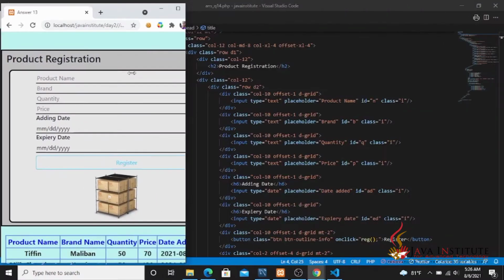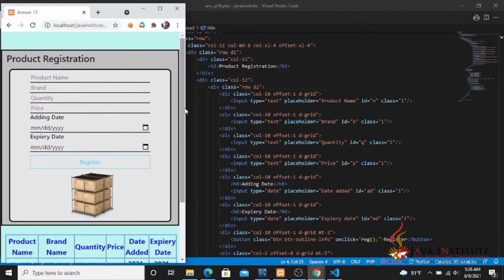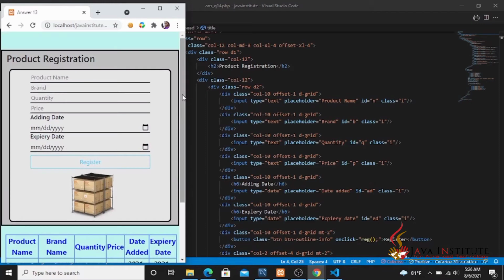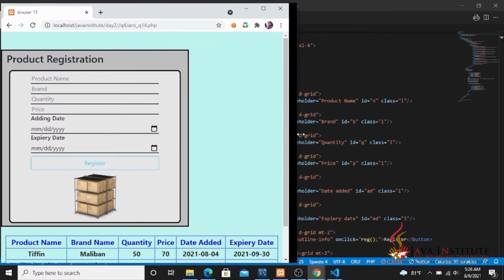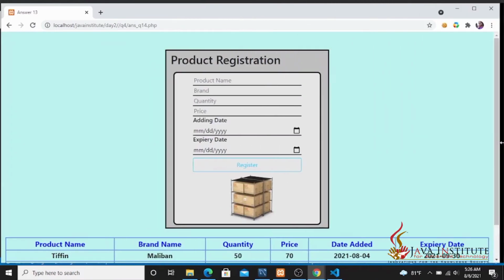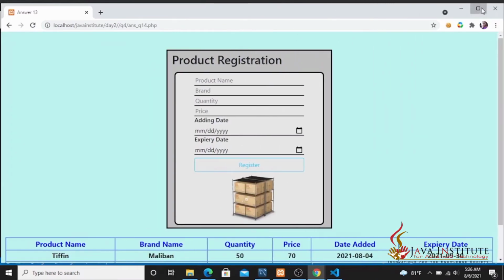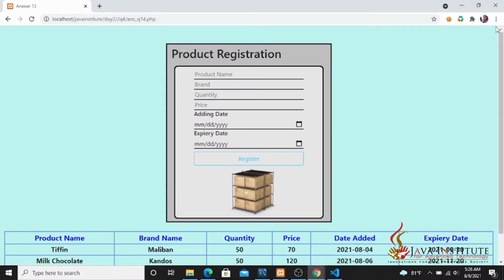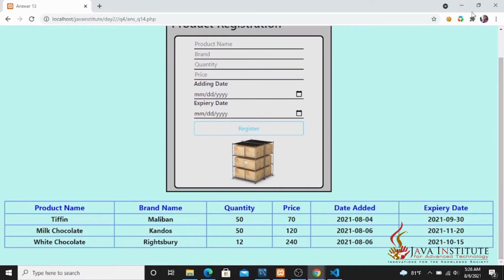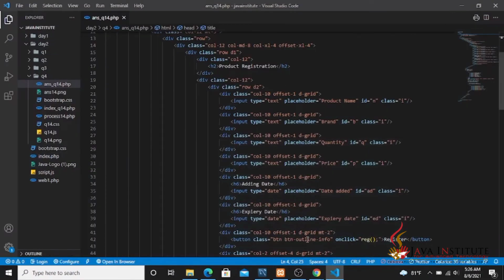So here you can see this is responsive for the extra small view, and here for the small view, and then medium, then large, then for the extra large view. So this is how I have made this product registration page in a responsive way.